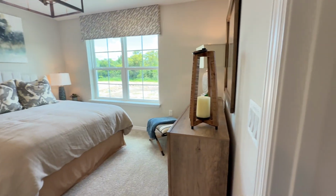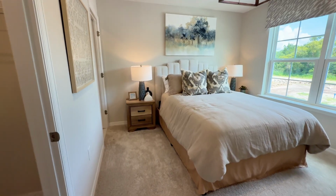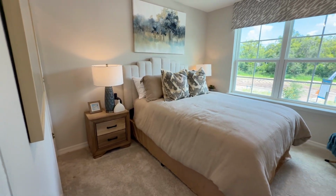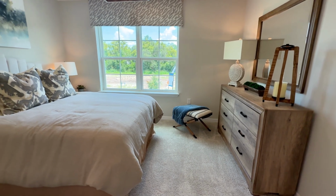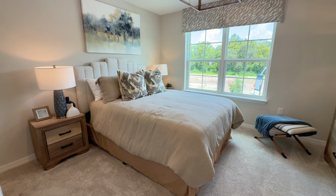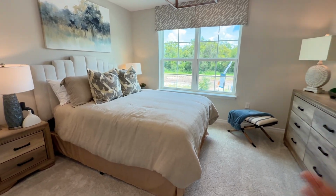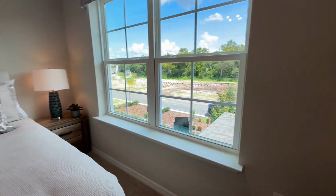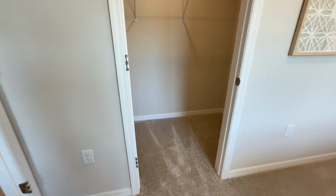Amazing. Then here we have, this would be your mini primary bedroom, because on the first floor we have your primary bedroom, but this could be considered another primary bedroom. So if you have family members that can walk up the stairs, but you want something comfortable, you want to live close to Lake Nona, less than 20 minutes, and have your grandparents, kids, whatever, have their own privacy, well, you have the first as a primary, and you can consider this as a second primary. So we have 2 large windows for natural light, 2 nightstands, your walk-in closet,